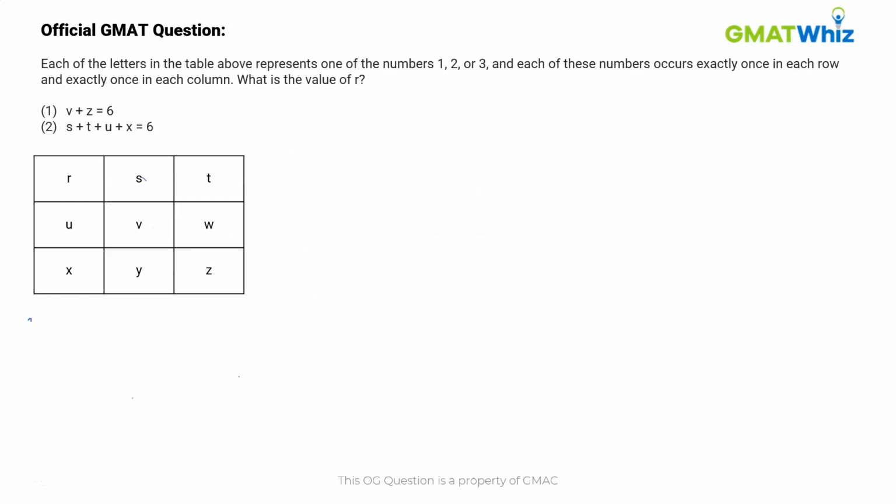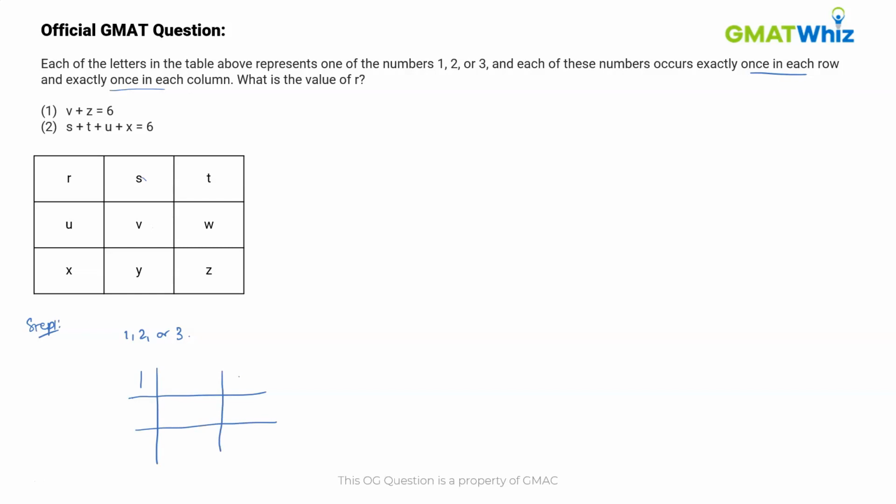In this question, we are given that the letters in the table represent the numbers 1, 2 or 3. And we are given that each of these numbers occurs exactly once in each row and exactly once in each column. That means that if 1 is present in the first row,